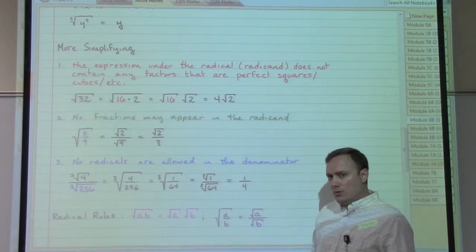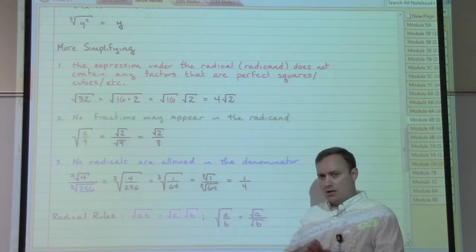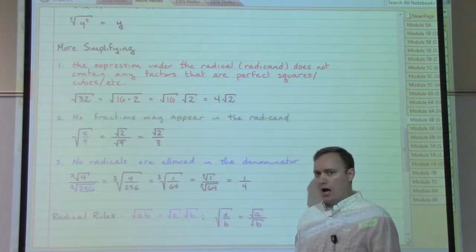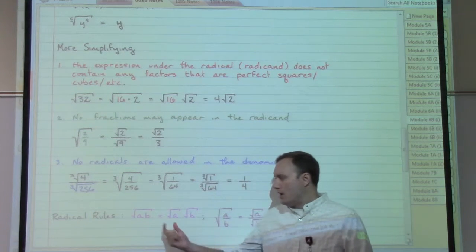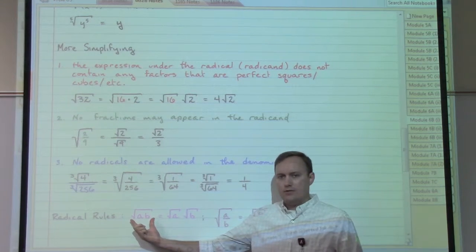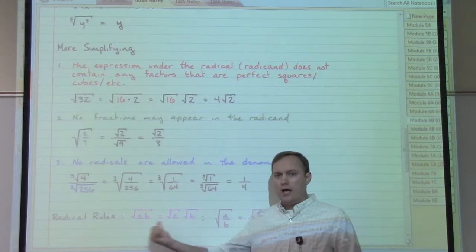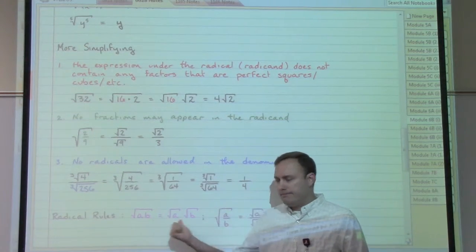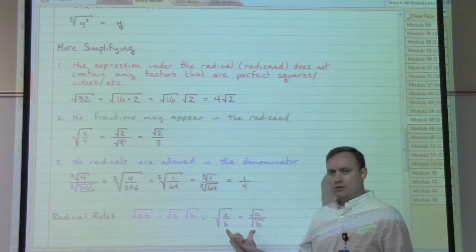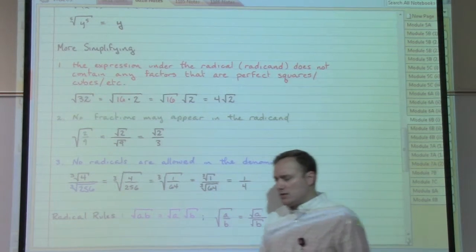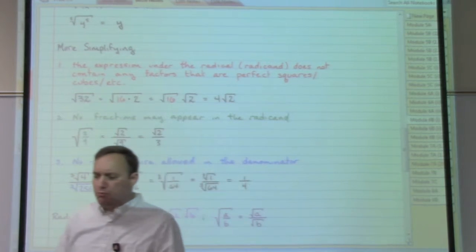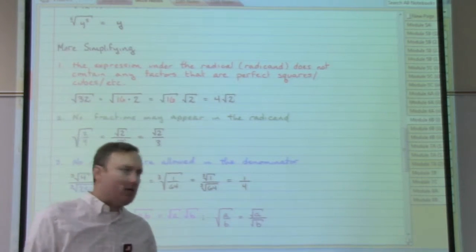What this leads to, other than our nice unlocking rules for odd and even roots, are 2 other rules to help us out. We have a rule that allows us to break apart and recombine things based on multiplying. And we have a rule that allows us to break apart and recombine things based on division. So this gives us a little bit of flexibility to try to break a problem into more bite-sized pieces by,